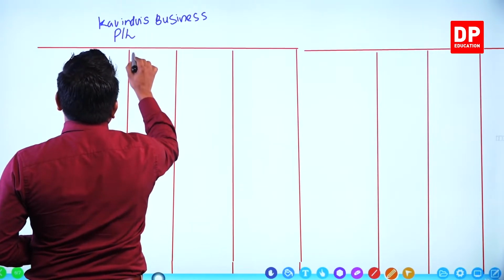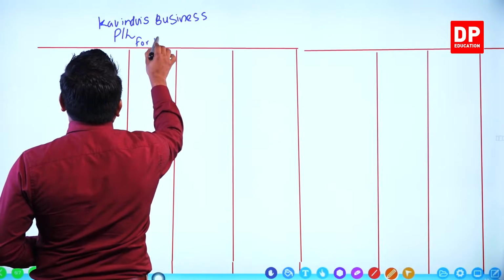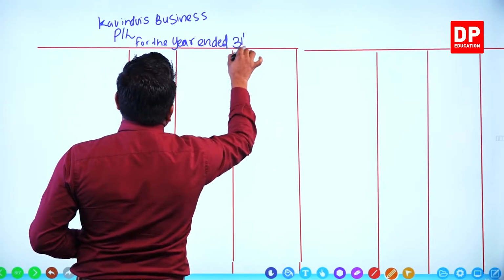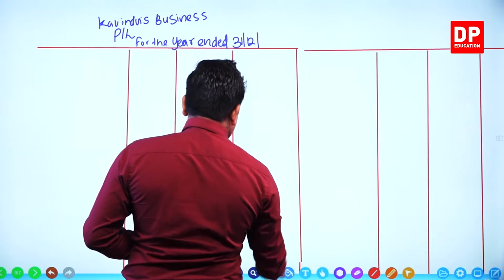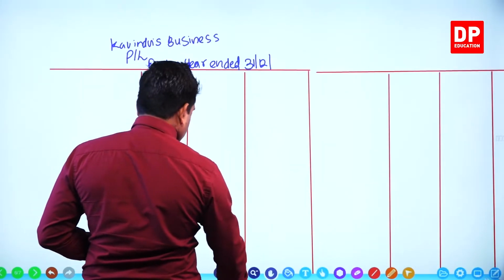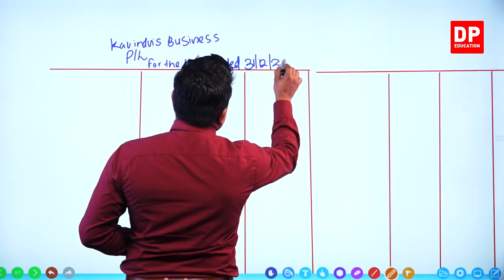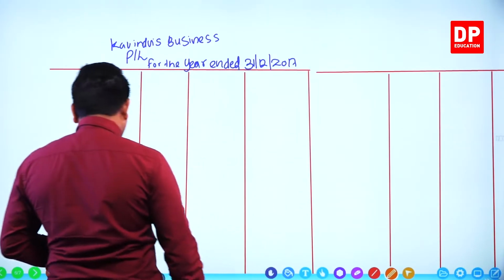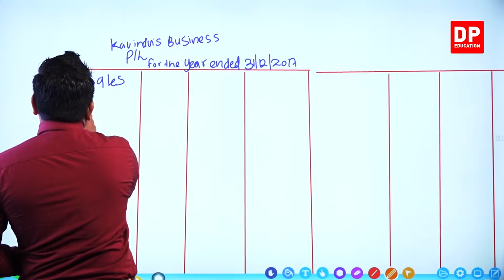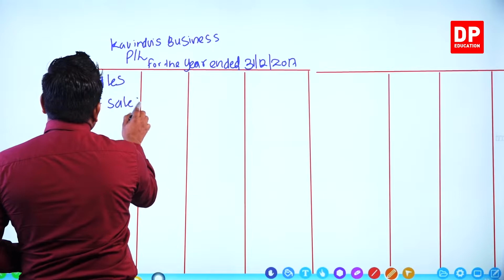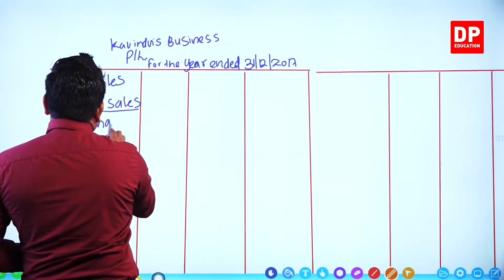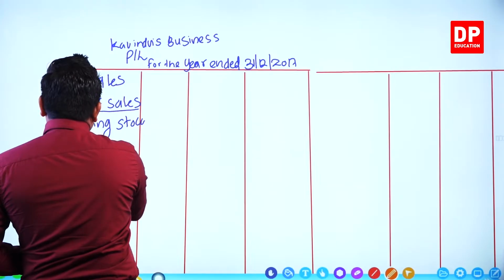Profit and loss statement for the year ended 31st December, I think I remember 2017, no? Yeah, 2017. Year ended 31st December 2017. Okay. On the top what we write? You know the method. On the top you write sales, then cost of sales, then opening stock, then purchase,